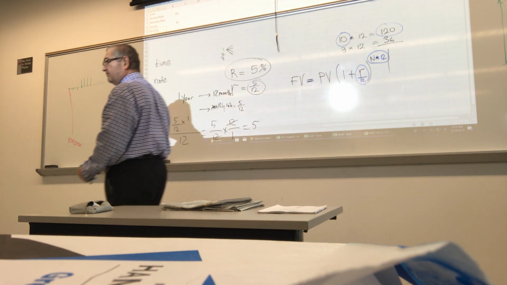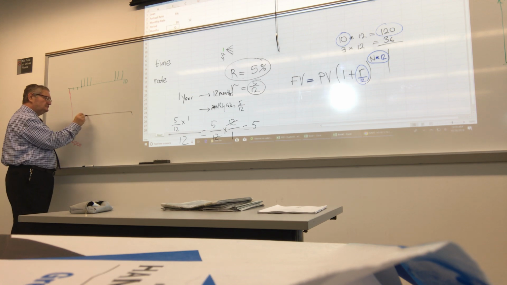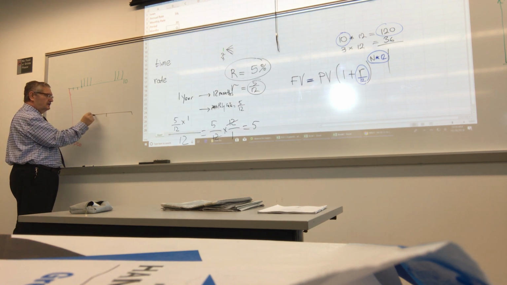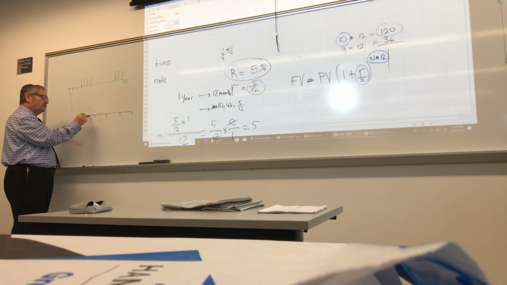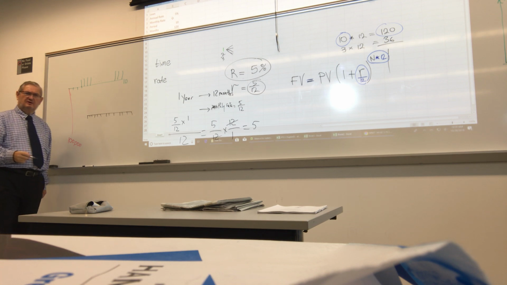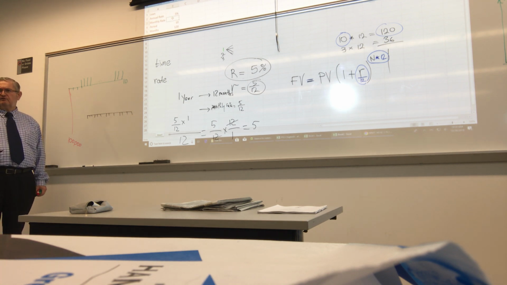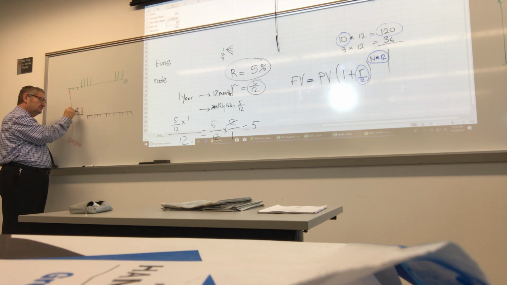So what do we have? We have a year. The year is split to 4 quarters. Every quarter is split to 3 months. And I have 2 options. If I have $1 here,